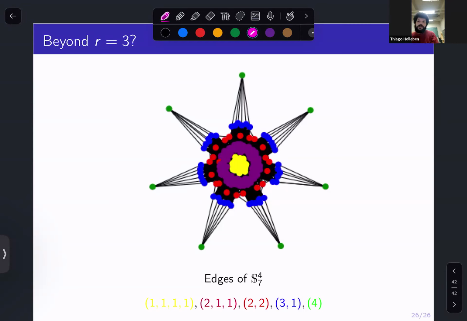And the structure of the complex seems to capture, if people are familiar with the orderings on partitions, when you write it and think of it in polar coordinates, the thing in the middle is the 1, 1, 1, 1, 1 partition. Then there's a circle of vertices: the 2, 1, 1, and then 2, 2, and then 3, 1, and then 4, which you might recognize as the domination ordering for partitions.